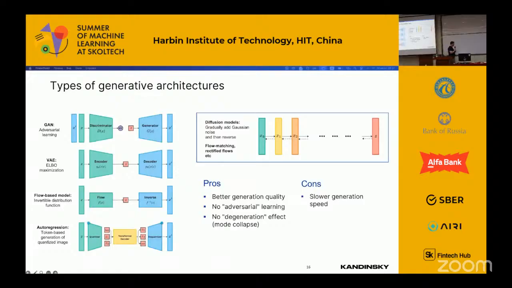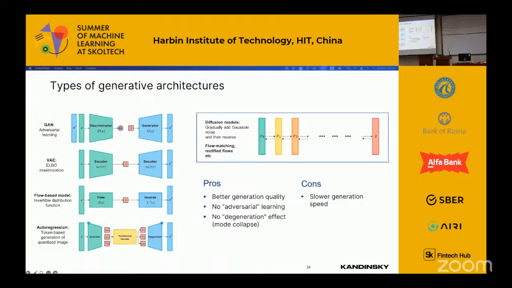After that, generative architectures for generating images and videos started developing quickly. After that, there are a lot of architectures that were invented by researchers, for example, as I said, generative adversarial networks, variational autoencoders, flow-based models, autoregressive models, as it was in DALL-E, as it is